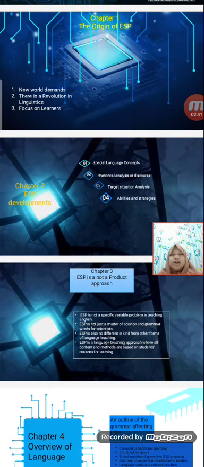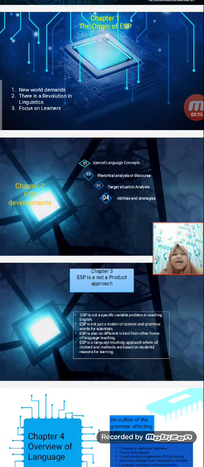The second is theoretical analysis or discourse. After understanding grammar, students must be able to understand the meaning in a sentence in the ESP text. And to make it easier to understand the meaning of language, we need theory in understanding language. The third is target situation analysis. The purpose of studying ESP is so that we can condition how students use the language they are learning.